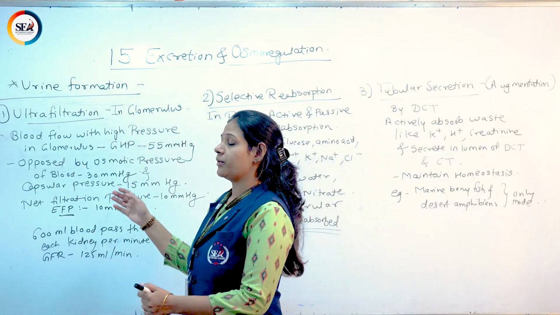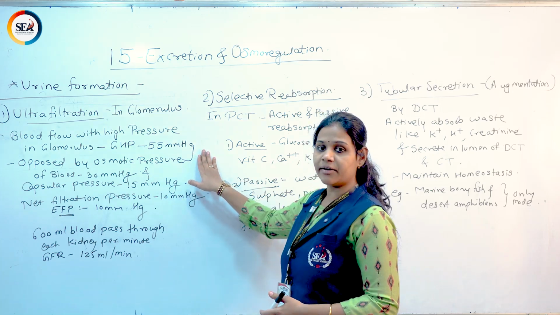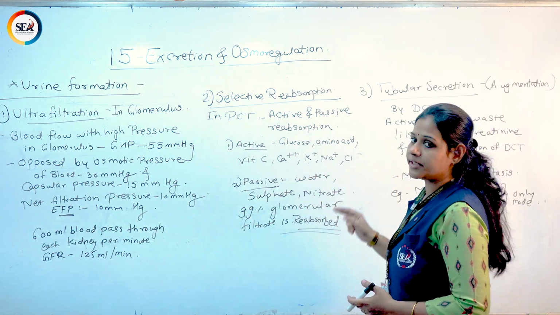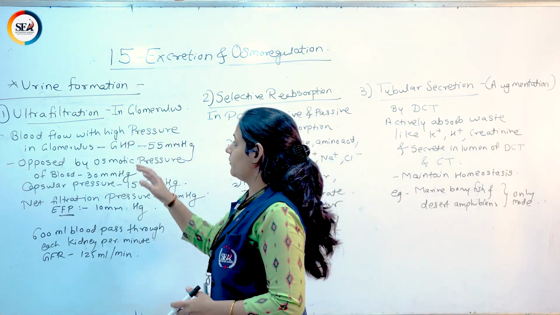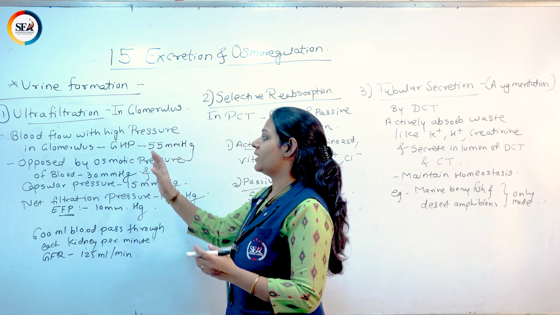Now we are going to see urine formation. There are three steps involved in urine formation. One is ultrafiltration, second is selective reabsorption, and third one is tubular secretion. We will see step by step. First, ultrafiltration, which takes place in the glomerulus. Blood flows with high pressure in the glomerulus,